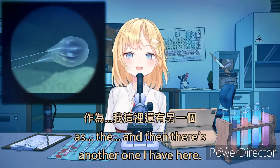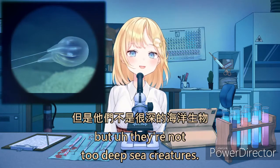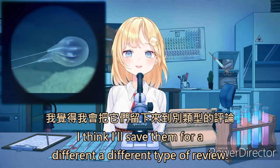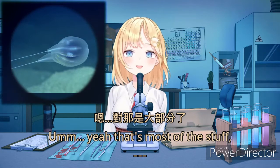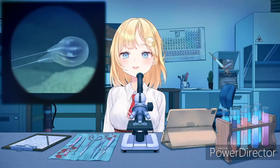Hold on, there's another one I have here. Oh, I was gonna do... There's a really cool one called a batfish, but they're not too deep sea creatures, but they're really, really interesting, the way that they move. But I think I'll save them for a different type of review. Yeah, that's most of the stuff that I have for you guys today in the lab. Ah, there's also the